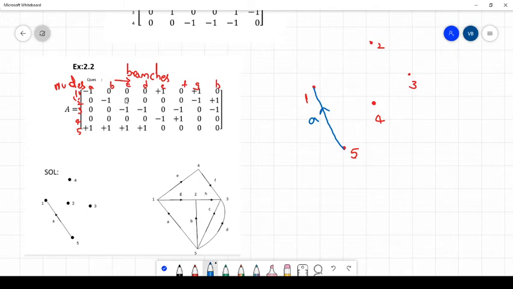First, branch B. Branch B is connected in between node 2 as well as node 5. Node 2 is here and node 5 is here. What is the value here for node 2? That is -1. Node 2 being -1 means it is towards that particular node. Okay, so like this you can connect. Any doubt? Next, C branch. C branch has non-zero values for node 3 as well as node 5. So node 3.